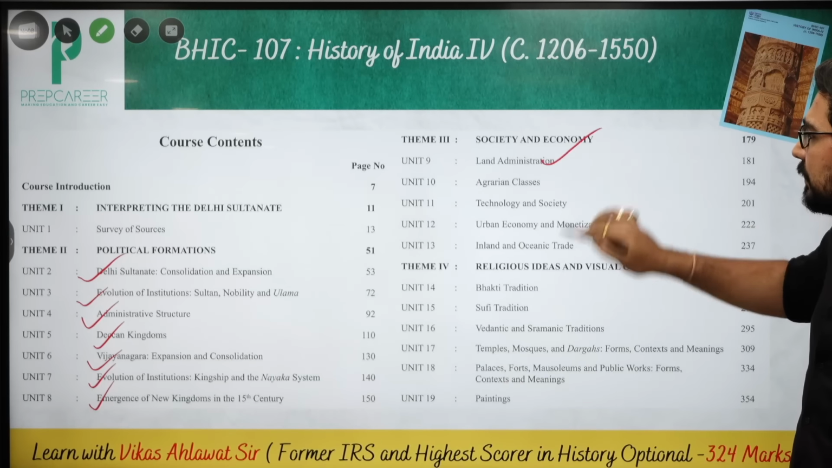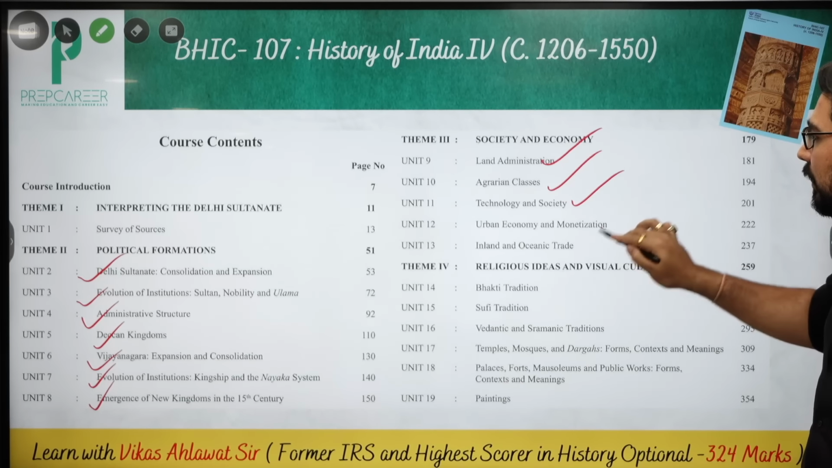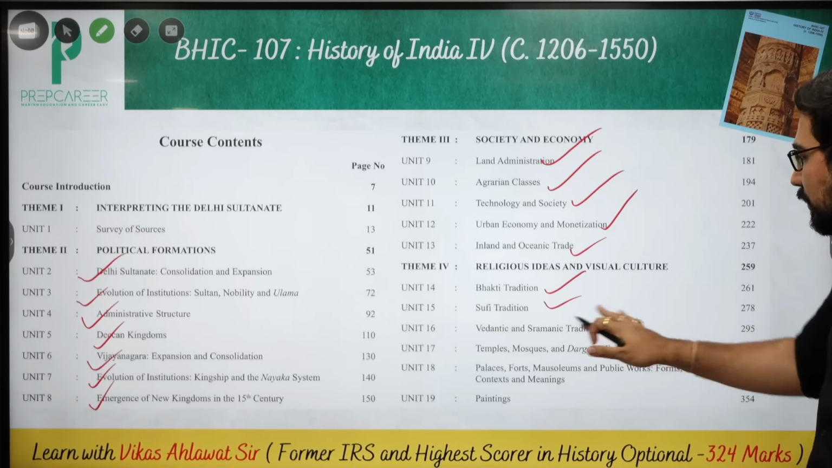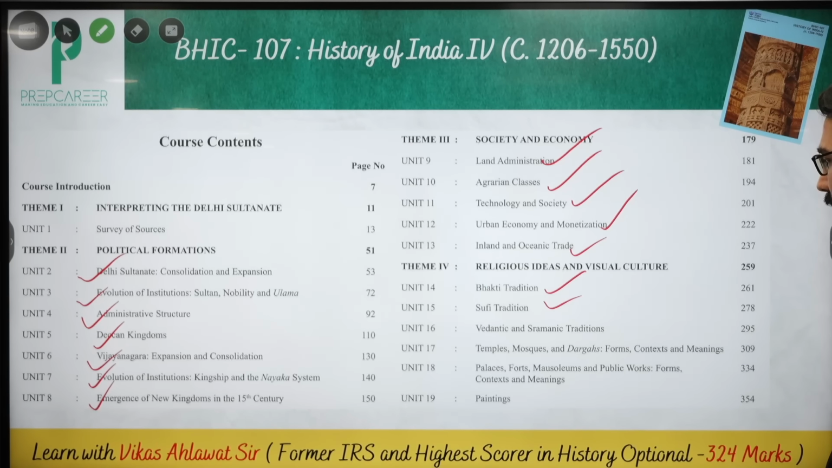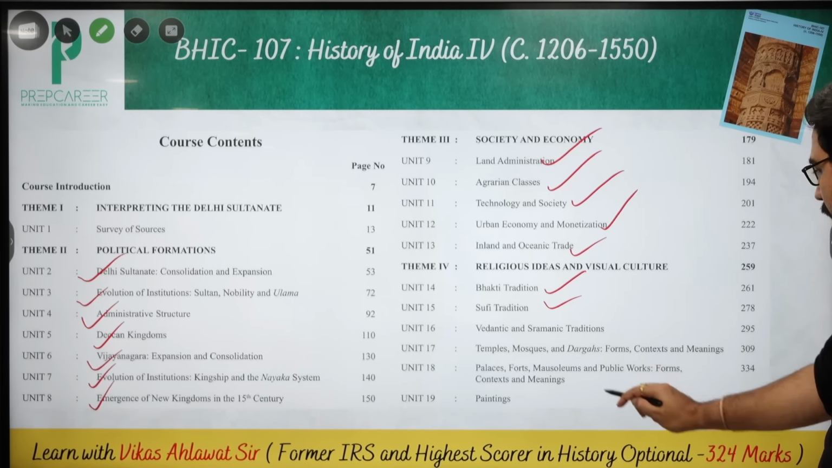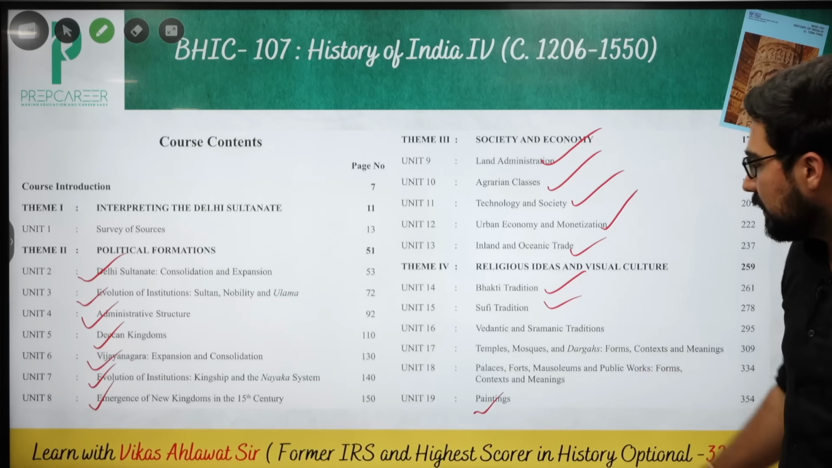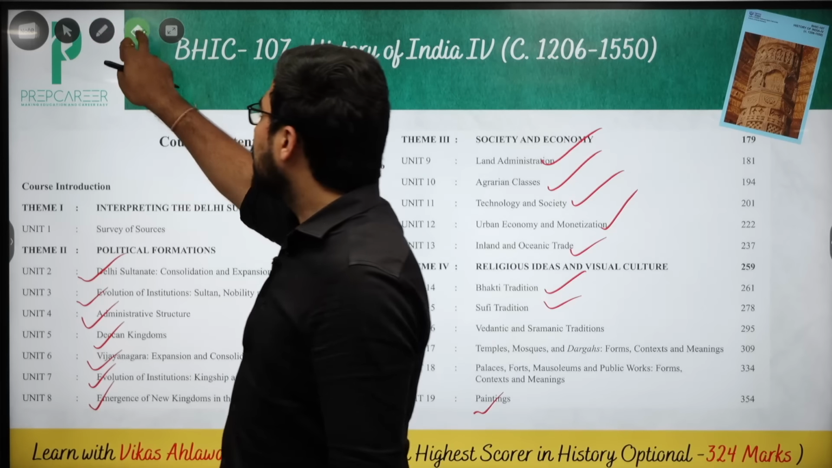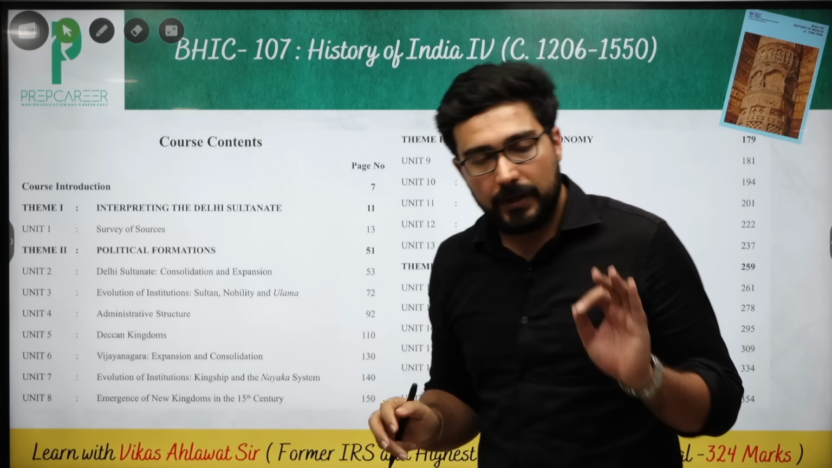But land administration, agrarian classes, technology, urban, so all of them become important. Bhakti, Sufi, every year one, this you can leave, chapter number 16, not that much required. Okay, then paintings, unit number 19. So this is what you have to do from book number 2. Since I am recommending only one source specifically for medieval India, we are